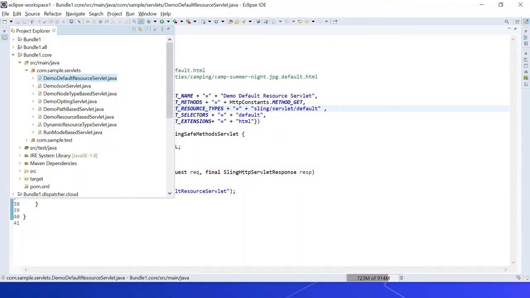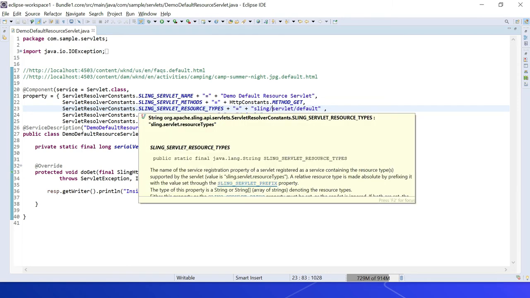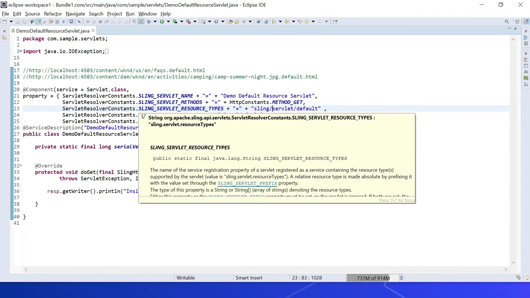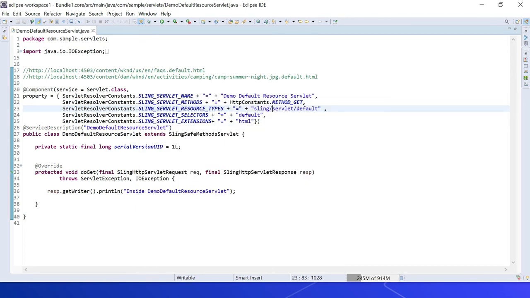I have created a couple of servlets under the core module. The first one is the demo default resource servlet. This is based on the default resource type, sling/servlet/default. This servlet responds to all the resources. Again, I specified some servlet name, then sling servlet methods, so I am setting it as GET. The servlet also responds to the selector default, then extension HTML.